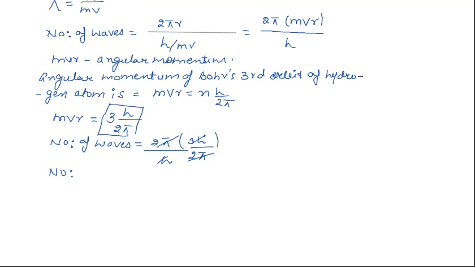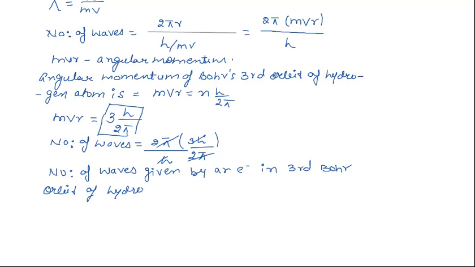The number of waves given by an electron in third Bohr orbit of hydrogen is equal to 3. Now this solves the first part of the question,